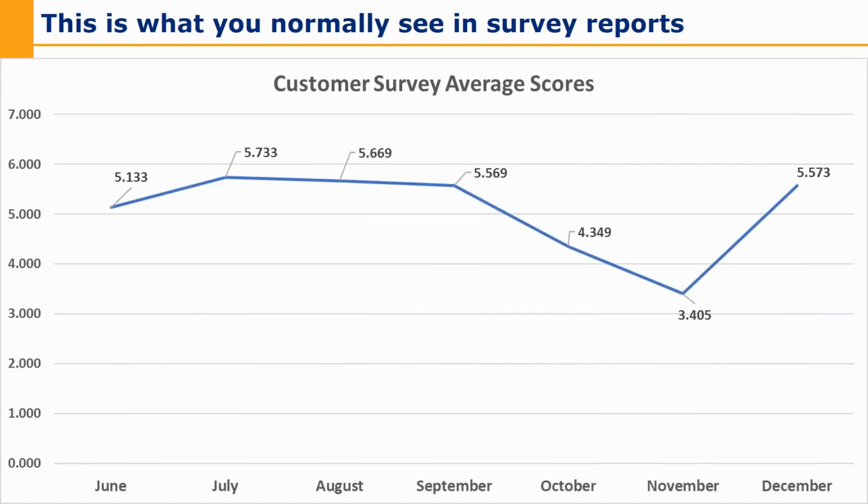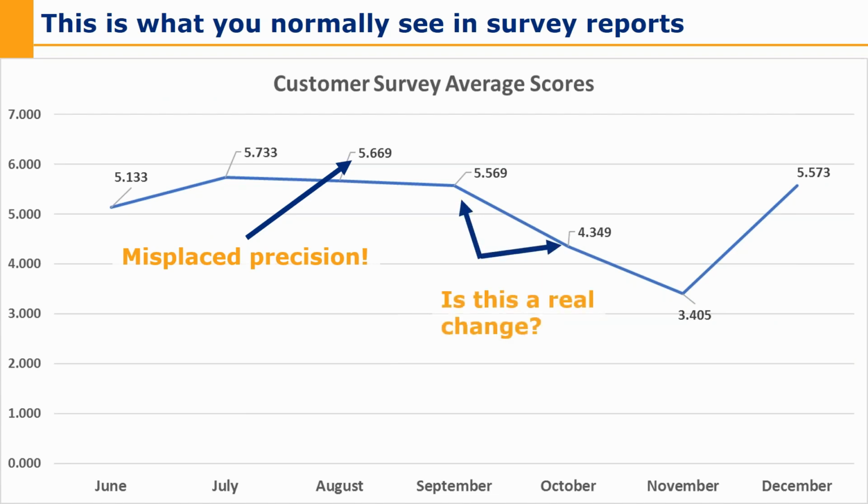This is the other thing you'll see, the June, July, August, September, the last X number of months of customer survey feedback, and you'll see the scores, and that's great. And so again, you'll see this misplaced precision. This number isn't that precise. But kind of more importantly,